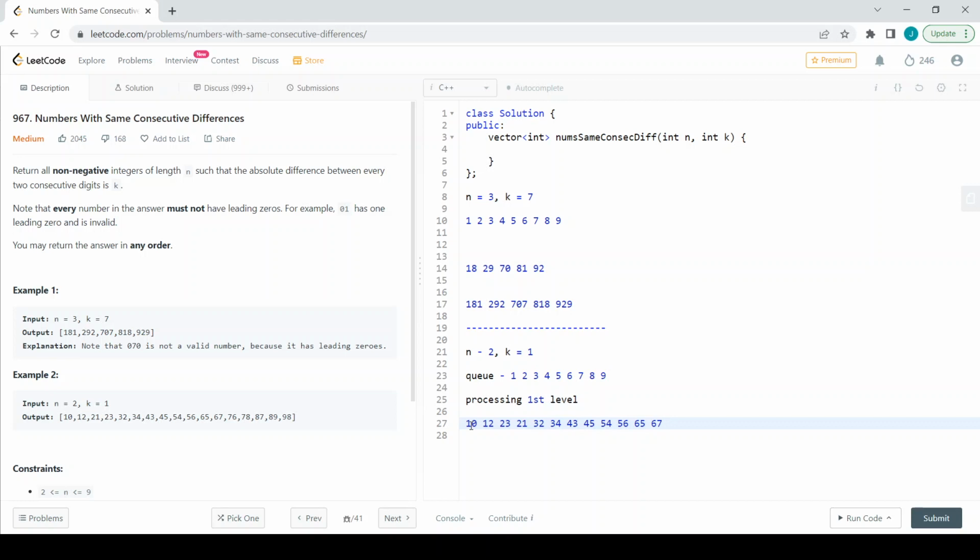7 can be added. While processing for 7, 7 minus 1, which is 6. 6 can be added. For 7, when we add k, 7 plus 1, which is 8. 8 can be added. While processing 8, 8 minus 1, which is 7. 7 can be added. 8 plus 1, which is 9. 9 can be added. Next, while processing 9,